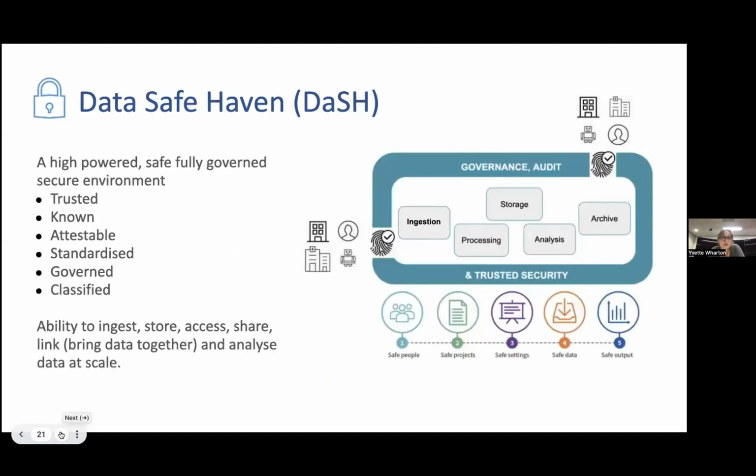We also are looking to build a safe, governed, secure environment. So that's not just some VMs people can come and use. It's the data, it's the compute, whatever that might look like, the software, a space where collaborators can come in, but it also has a governance layer across it, and you know, some attestations around the security, so it's known and managed. And there are some good examples of that in Australia as well, but that's something we're looking to build for our researchers. So those are the three big initiatives, and there's actually another one that I also think